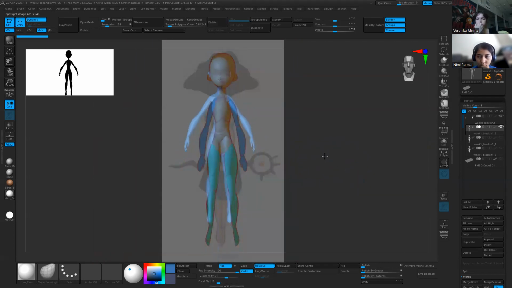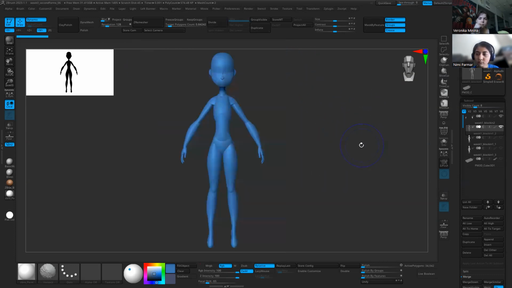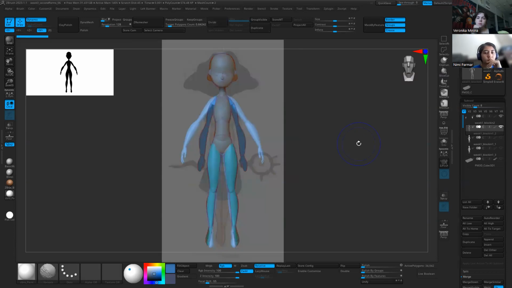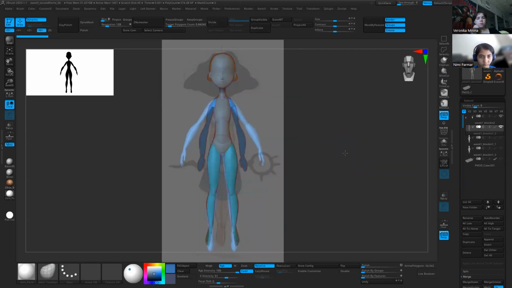Another thing I like to do is line it up to my reference. You can see I changed my character. This is a much later one where I moved her arms out even further away from her body. A lot of times I'll press Shift Z. You could do orthographic, but we want to keep perspective on if we can work with perspective. You can see this changed a lot from this one. Okay, anyways,